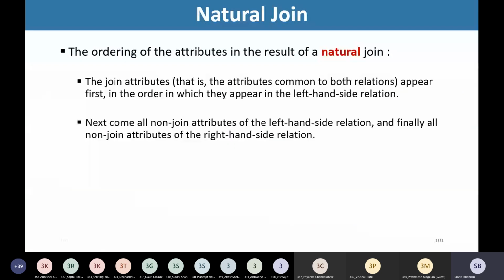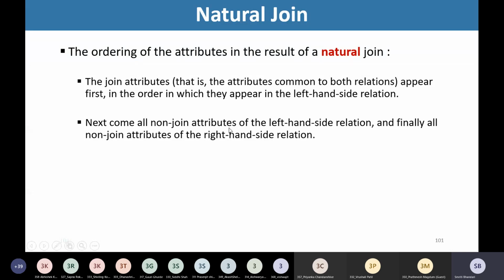Right? So let's summarize this, the ordering of the attributes in the result of natural join. The join attributes, that is the attributes common to both relations, appear first in the order in which they appear in the left-hand side relation.